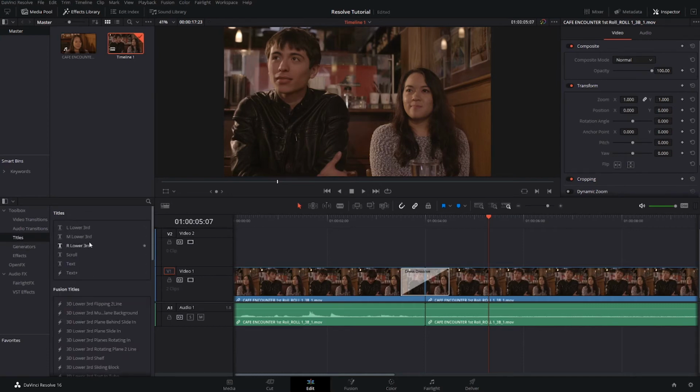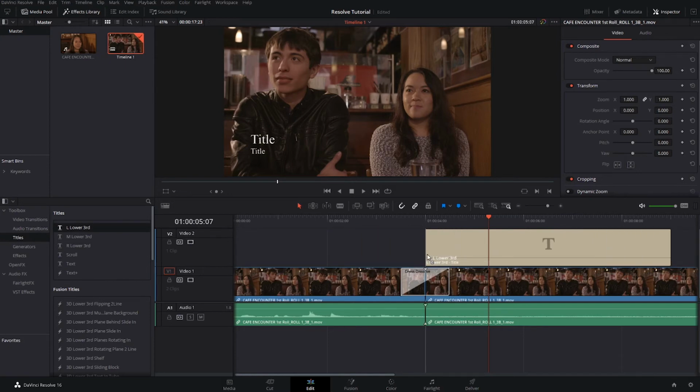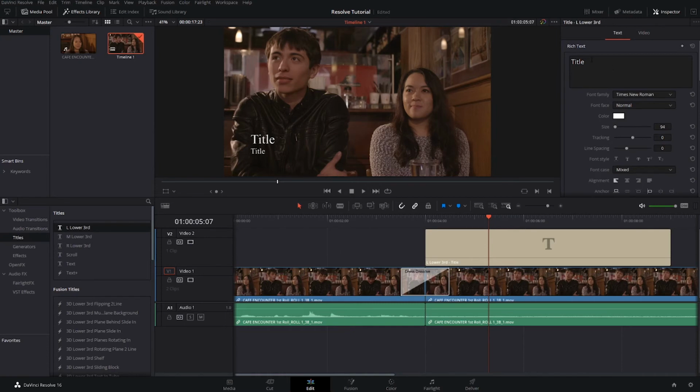It was the same thing. So I'm going to pick Left Lower Third. It'll put it in the lower third of the video on the left. So I just click and drag the same way you did with the cross dissolve. And then now you see up here, it's a little text editor. You can change the title,